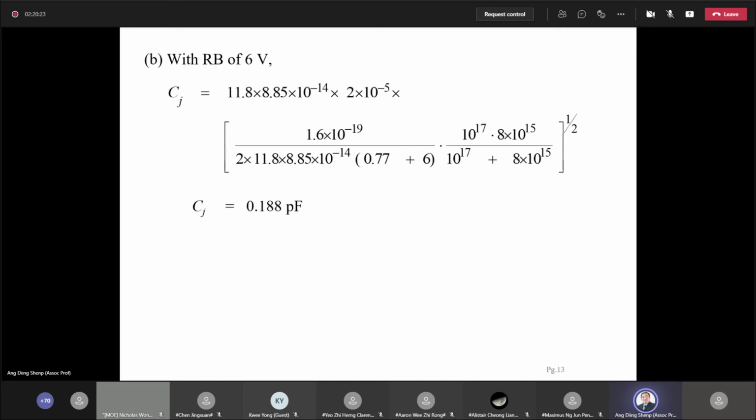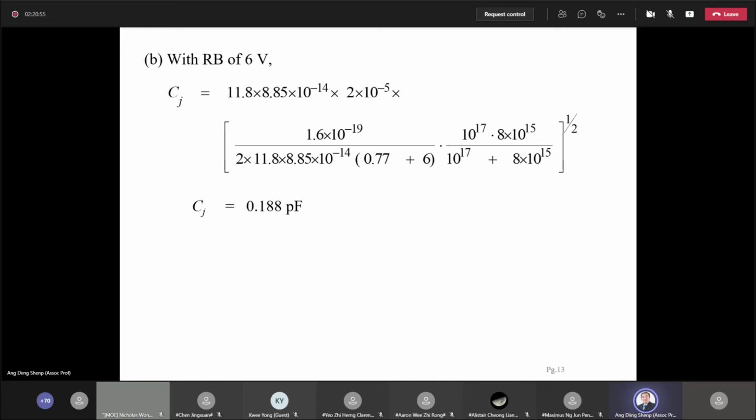Now, what happens when the reverse bias is increased to 6 volts? Recalculate, just increase the value of V from 0 to 6, and you should get this result, which expectedly is smaller than the value of CJ at 0 volt. The reason is very simple: under reverse bias, the depletion width gets wider. So for a given change in the voltage, the change in the space charge at the edges of the depletion